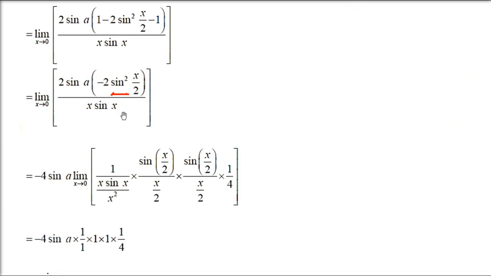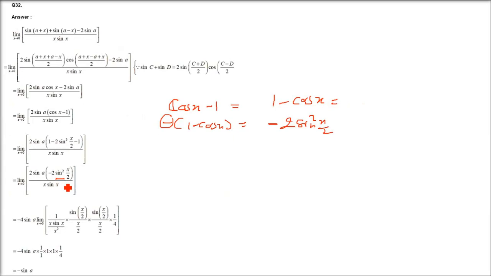Constant, we don't have to worry about 2 sin a. We have to deal with every term separately because 2 sin a is a constant. So just put it somewhere. Right? Minus 2 is already there. So minus 2 into 2 is minus 4. Minus 4 sin a, you can keep it aside. Now this is sin x by 2, this is sin x by 2, this is also sin x by 2.